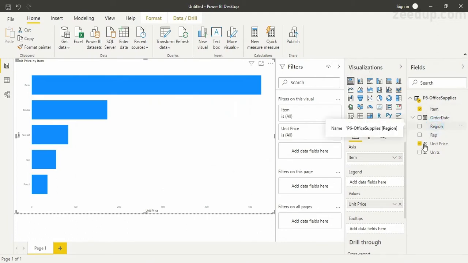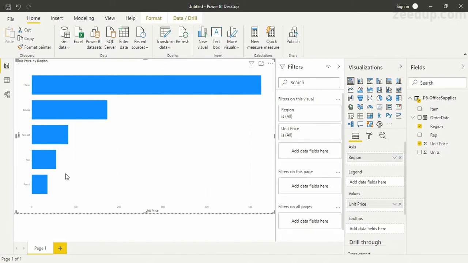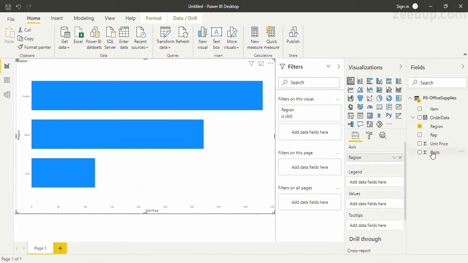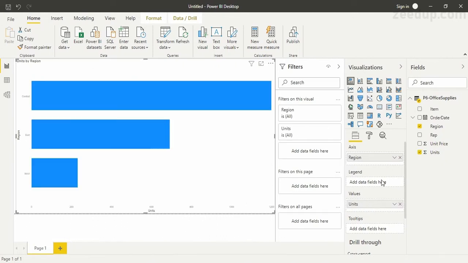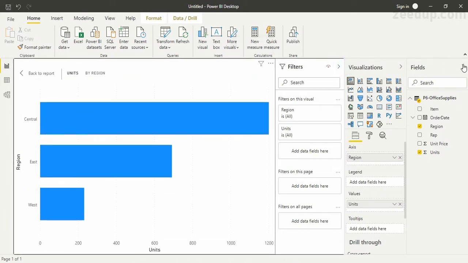and if you want, you can get two things here. Suppose in the axis we get regions instead of the items. Then we are able to see what was the maximum sales in each of the regions. You can see the central, west, and the east regions. Also, if you want, instead of the unit price, you can get this units value, or basically any values that you want, you can just work with them, right? Now let's go into the focus mode and collapse this fields and the filters